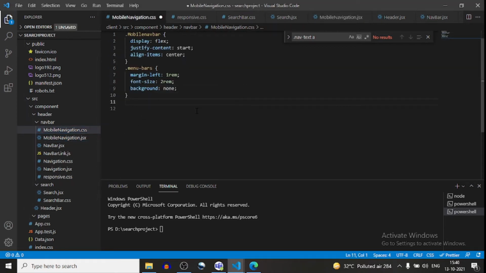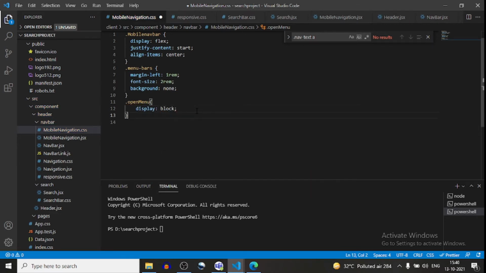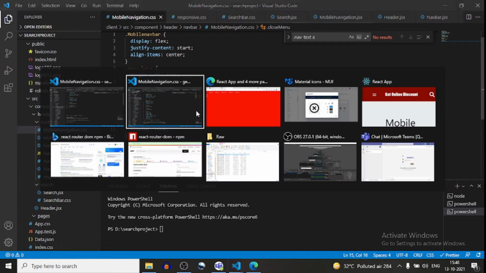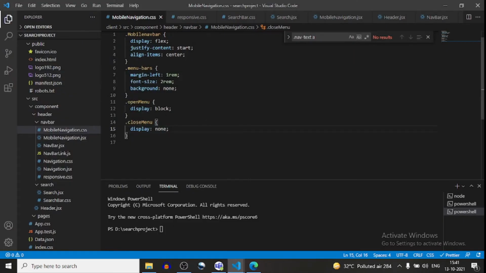Okay, so dot open menu. When this is open menu, then this will be display block, and when this is close menu, then this will be display none. Now if I go here, this on click is not working. Let me check.